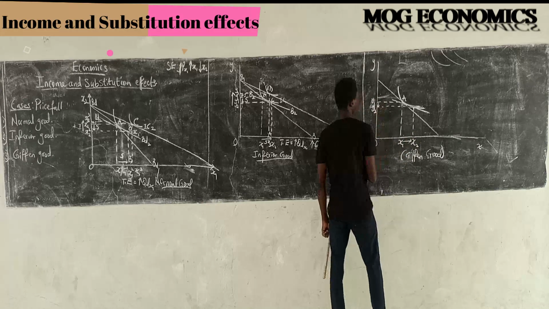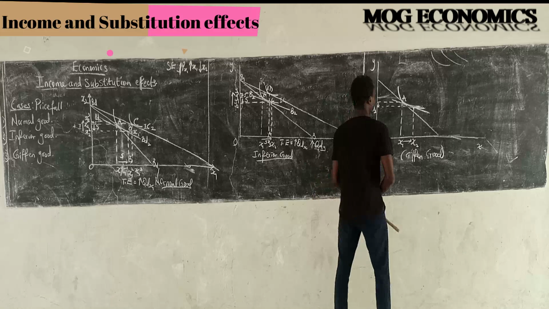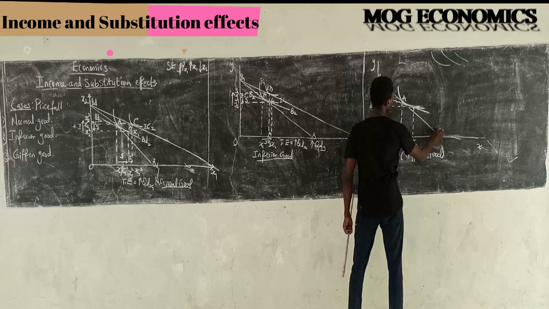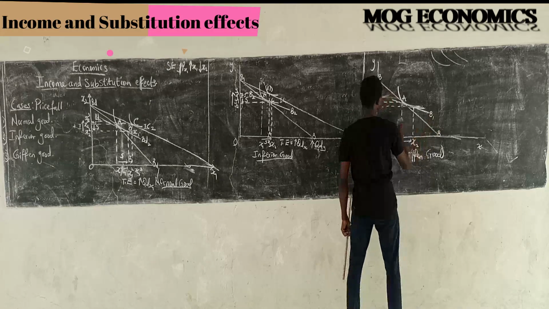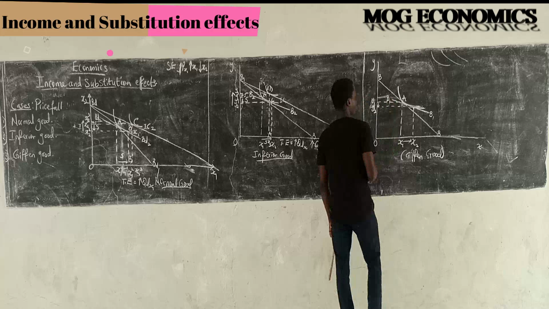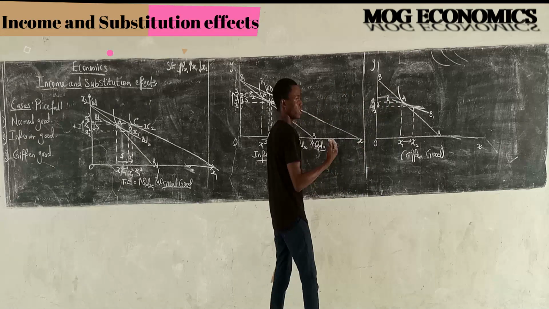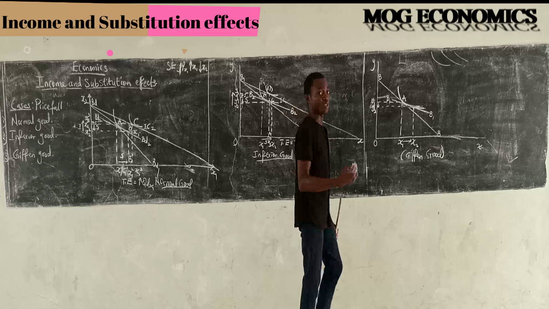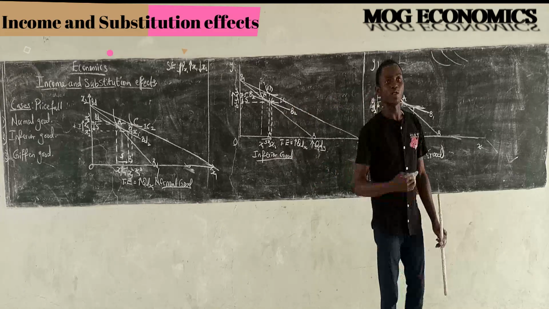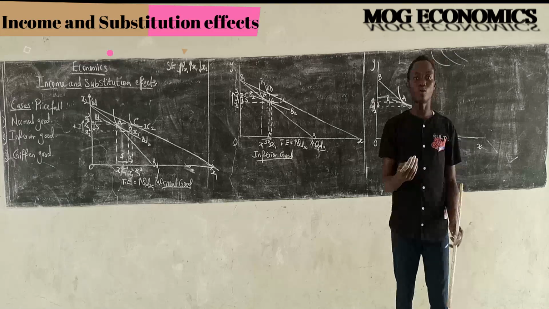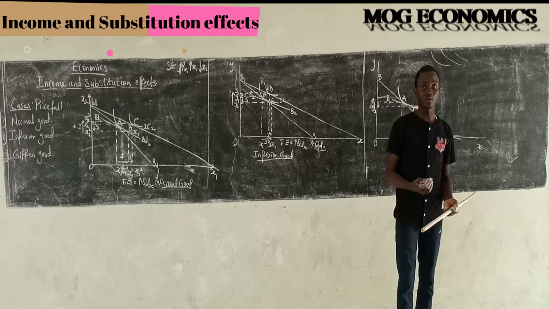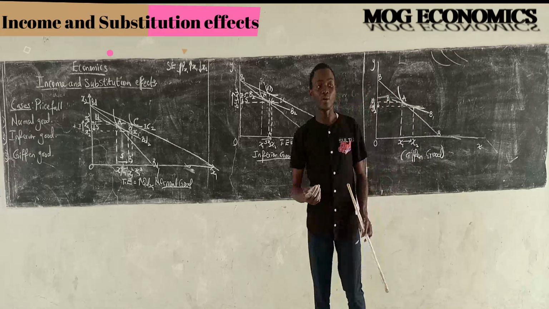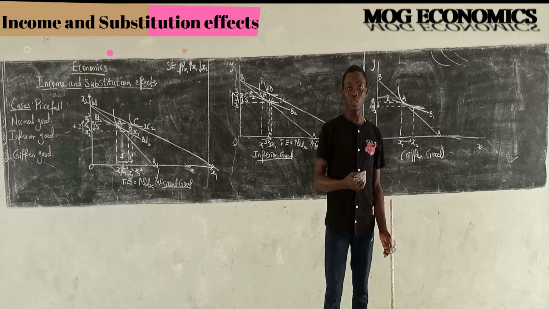Alright, so here, this is the initial budget line, BB, and you have B1, B1. So what we are going to do now is, now that there is a fall in the price of commodity X1, which means that the consumer is now richer. Okay, so we expect that the consumer will buy more of the two goods if they are normal goods. Right, but now because I spoke about the Giffen good earlier, when the price of the Giffen good falls,